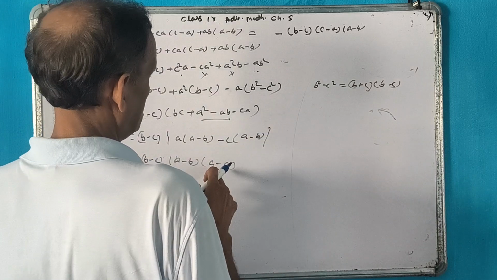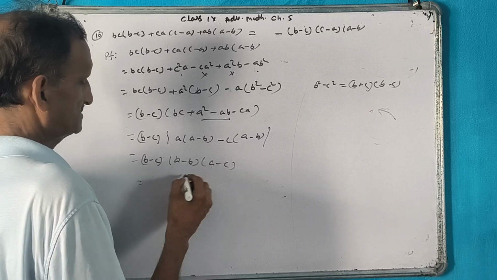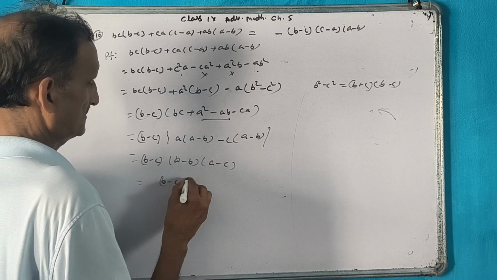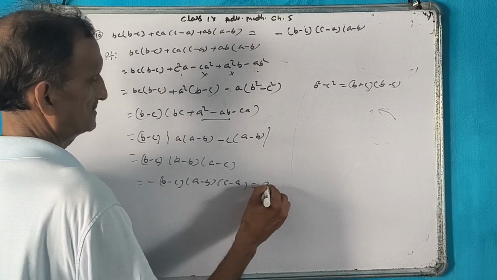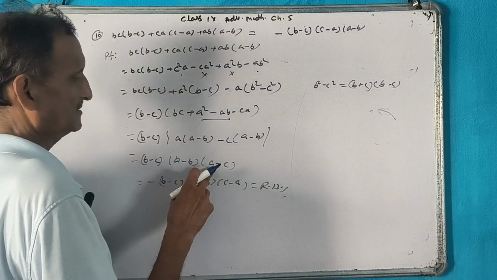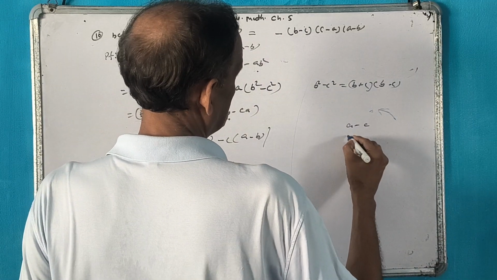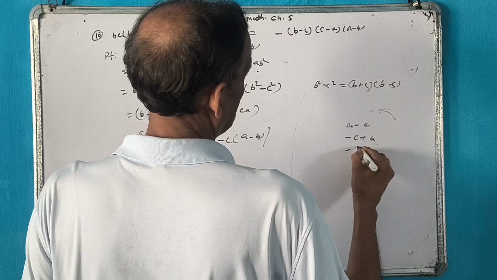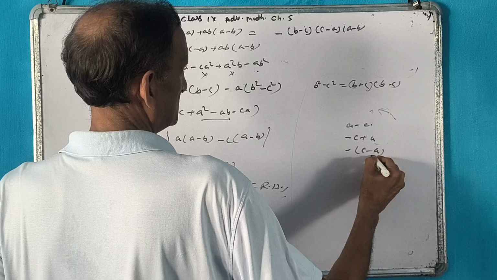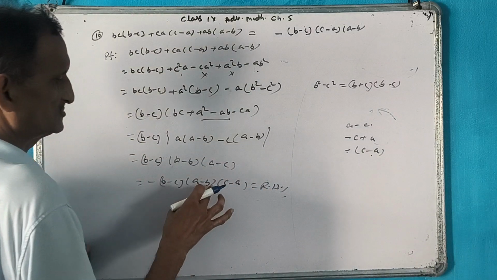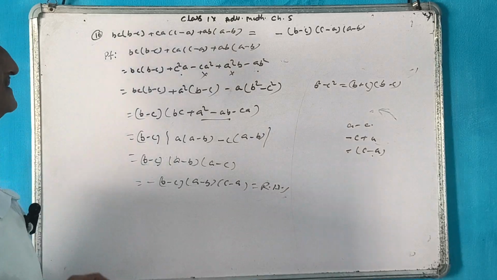Now you know you can't write A minus C. You should write C minus A cyclic. To write A minus C as C minus A, you need to take minus common. So you can write C minus A, minus is common. Understood why minus is common? Because we have written A minus C as C minus A. A minus C, when you write minus C plus A, then minus common, then C minus A. So when you write A minus C as C minus A, we must have minus common, which should not be written here. So this is here, and this was the right hand side.